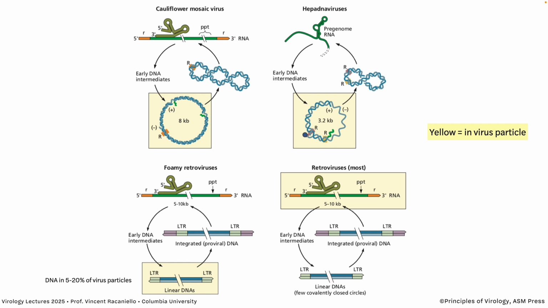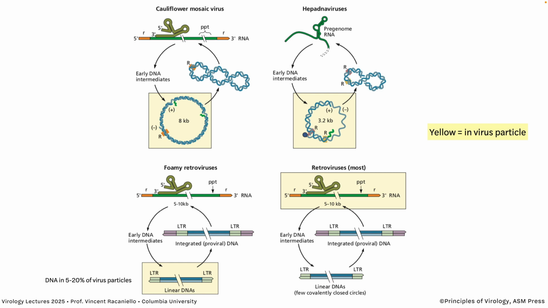The hepatitis viruses, which we've just talked about, have DNA in the virus particle because the reverse transcription happens in the producer cell. And then when this infects a new cell, it's repaired by the host enzyme. But again, this remains this way because there are not enough triphosphates in the capsid, in the cytoplasm, to finish reverse transcription and remove those proteins and RNAs.